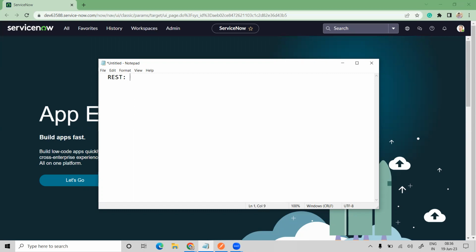REST represents the abbreviation of REST actually. So REST stands for, anything is fine, you can go ahead: Representational State Transfer is nothing but REST. Representational state transfer. REST stands for representational state transfer is